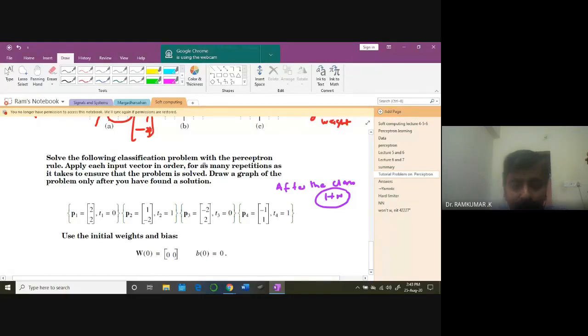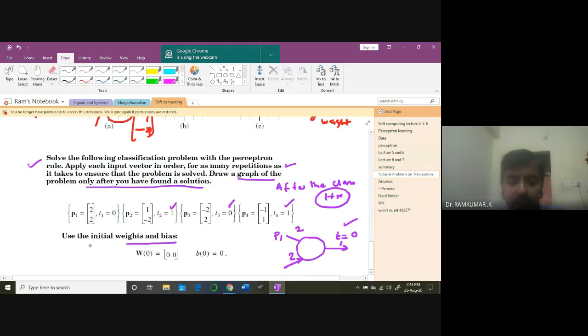Okay, solve the following classification problem with the perceptron. Apply each input vector in order for as many repetitions as it takes to ensure that the problem is solved. Draw a graph of the problem only after you have found the solution. So what is this problem? I have given some data. The first pattern is labeled with target T1 equal to 0. For the second pattern, I want the output to be 1. Third pattern, I want the output to be 0. Fourth pattern, I want